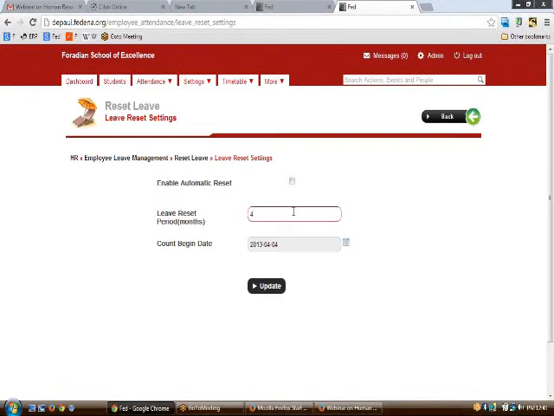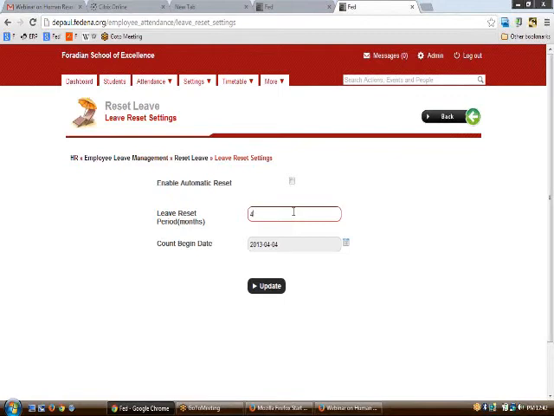But whenever your school or institution follows a rule where you have a quarterly renewal of all the CLs, then you can just enter 4, which would mean that every 4 months the leave will be reset.